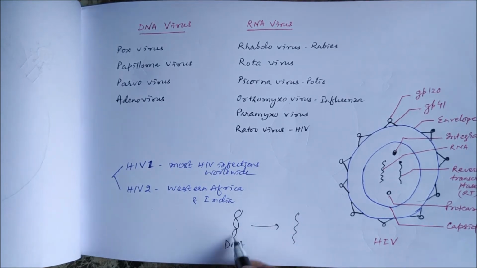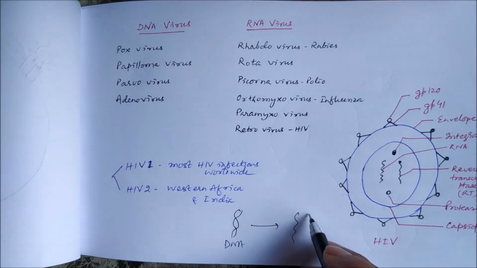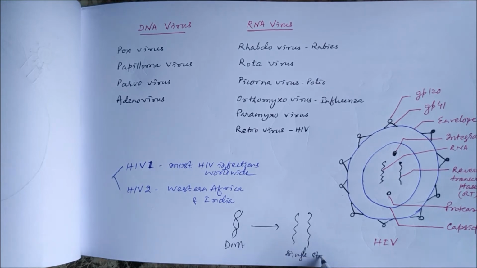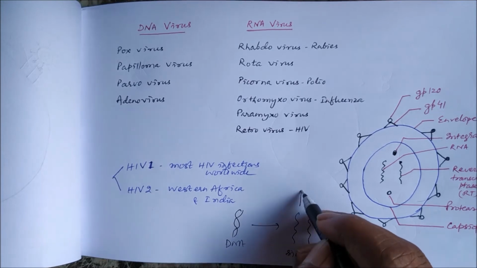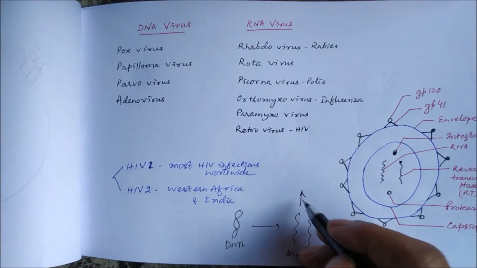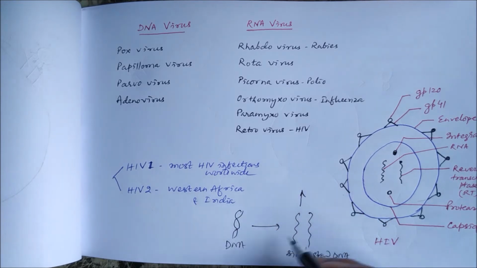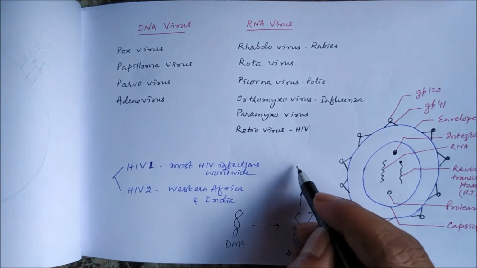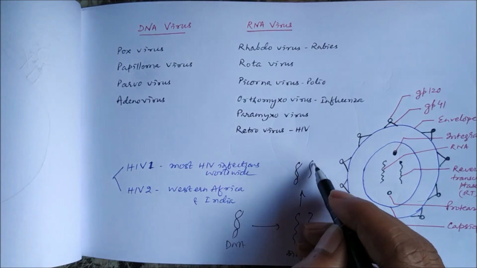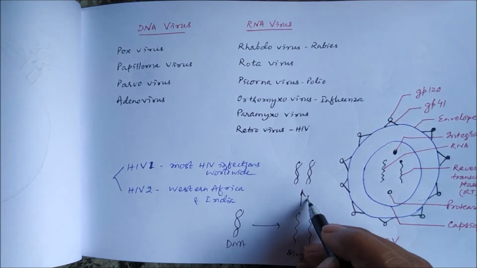First the double strand DNA is converted to two single strand DNA, and then on each single strand DNA one can synthesize, that means from one DNA we can have two DNA, and the enzyme here is DNA polymerase,